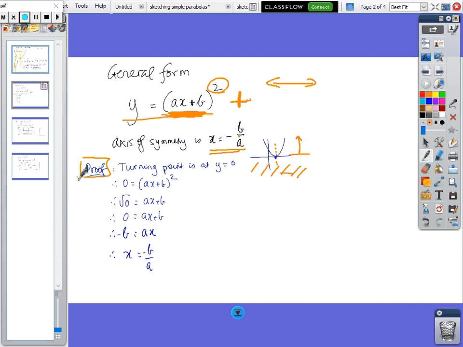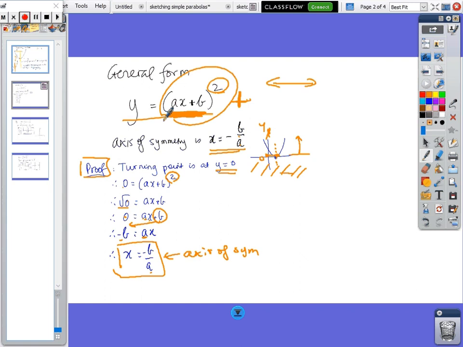The reason is, if y equals 0, okay, these are your y values, and that equals 0. So for y to equal 0, we have 0 equals (ax plus b) squared. You take the square root of 0 to get rid of the square sign. The square root of 0 is 0, so you get ax plus b equals 0. Then you move the b across, which makes it a minus b, and then you divide by a. So you end up with this little formula, and that's the axis of symmetry